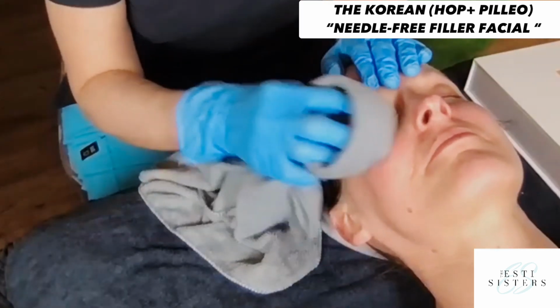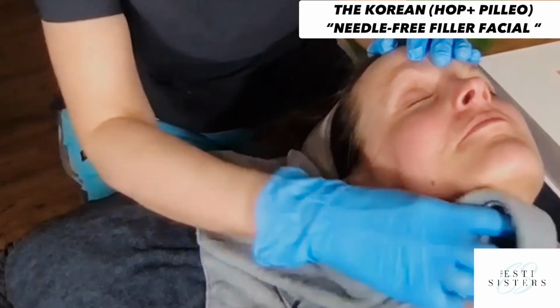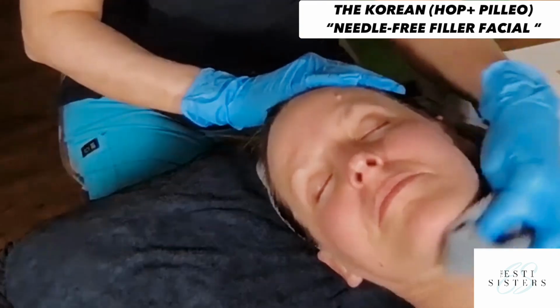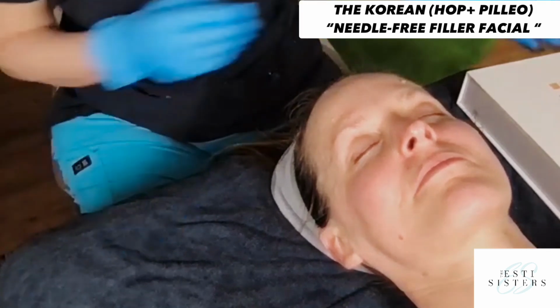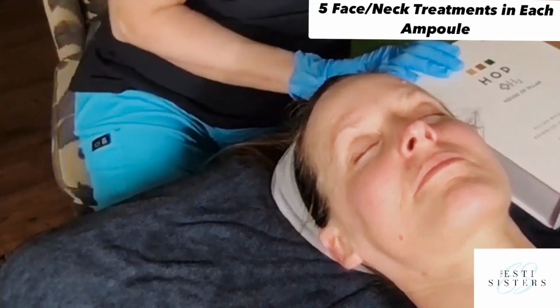And we also want to make sure that the skin is really dry before we work with adding our polylactic acid hydrogen mask with the HOP needle-free filler facial treatment. Right now it's a little damp, but by the time we set up, we're going to have that be pretty dry. Okay, so again, I already have a pack pulled out in terms of I've started with